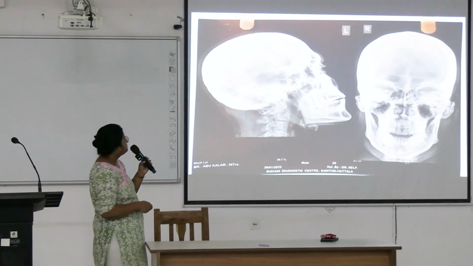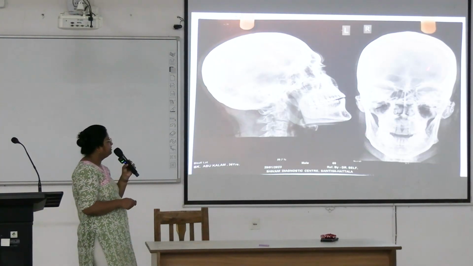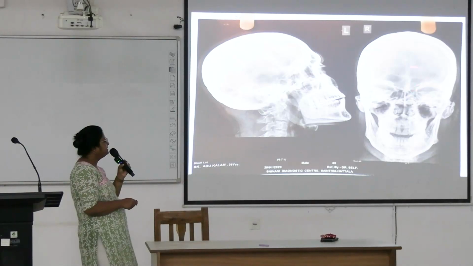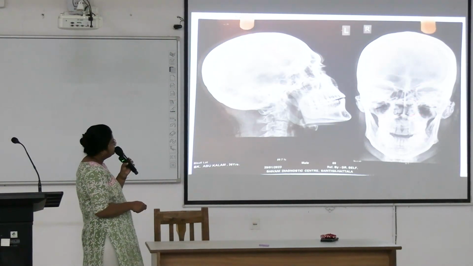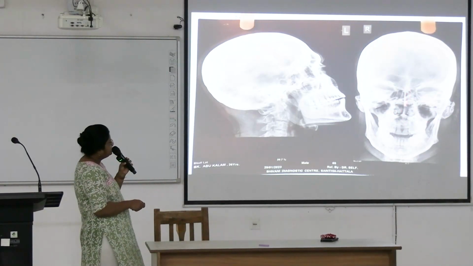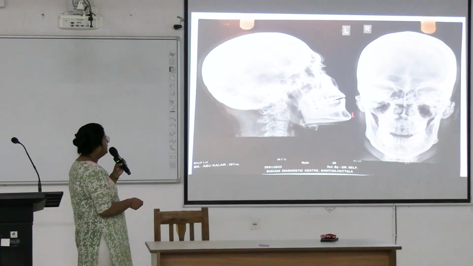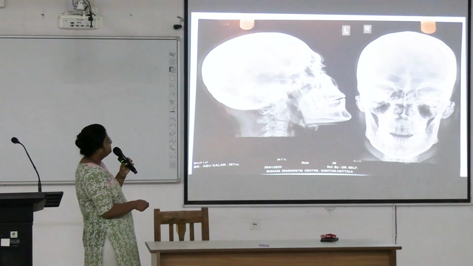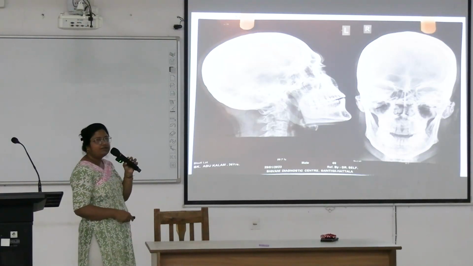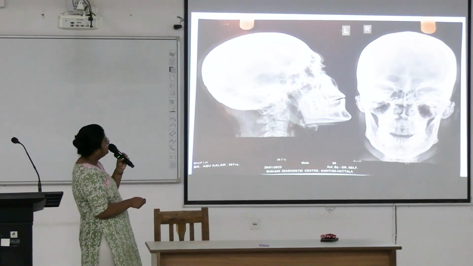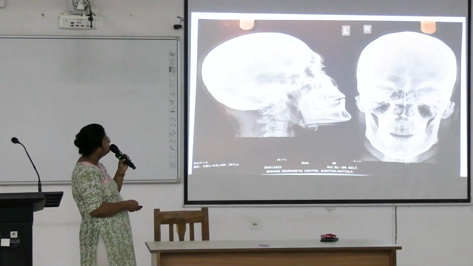And this is the anteroposterior view. You can see the frontal air sinus. Here are the ethmoidal air sinuses. These are the orbits, nasal septum, nasal cavities, inferior nasal concha, upper jaw, lower jaw. And these are the locations of the temporomandibular joints and the mastoid process posteriorly. Here also you can see the outer and inner tables of the skull.